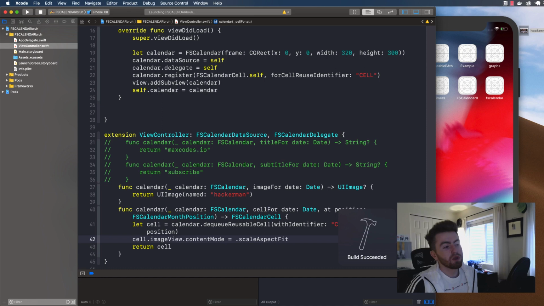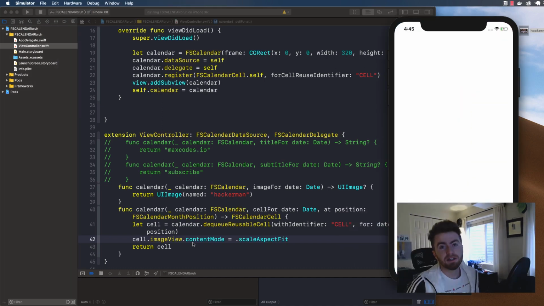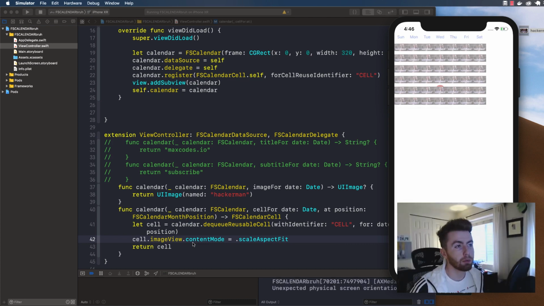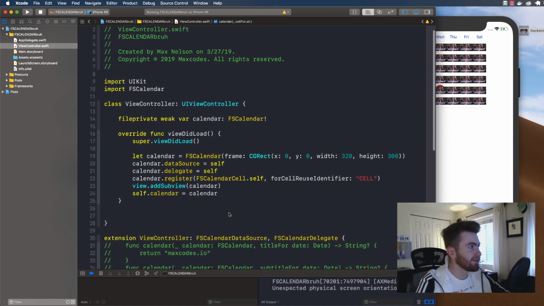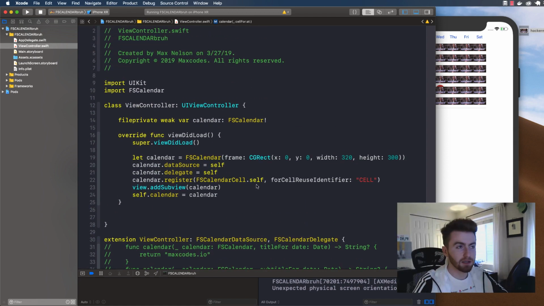So that's what you can use to put images inside of your calendar days, and how you can actually get them to scale properly, because obviously that first image was way too big. All right, so it's up for use for whatever you want. Next thing we're going to do, last thing we're going to do is constrain it instead of using a frame. Okay, so what I'm going to do is I'm going to say